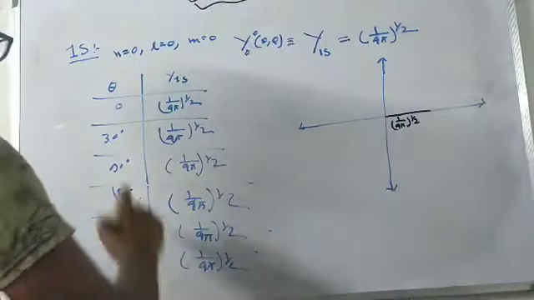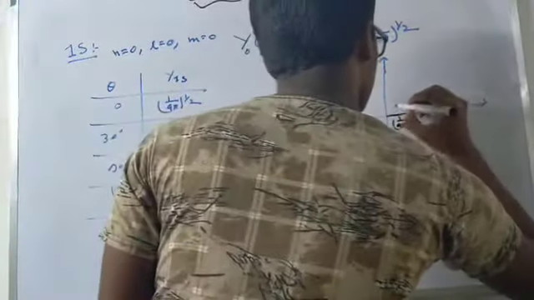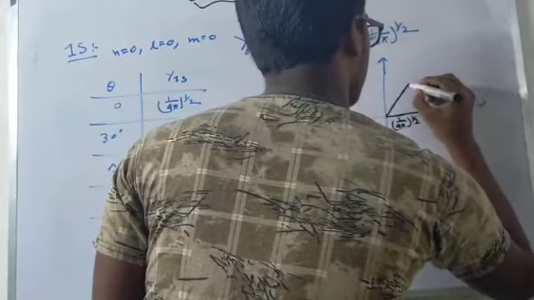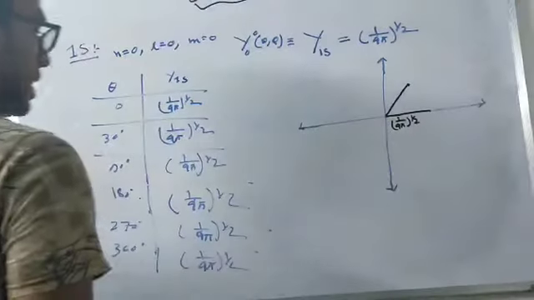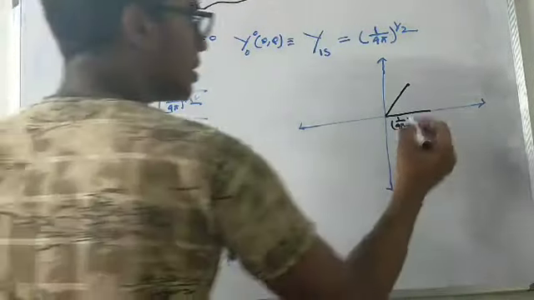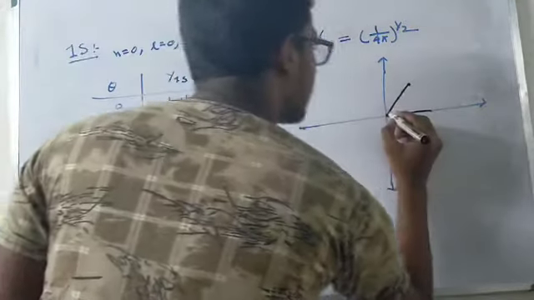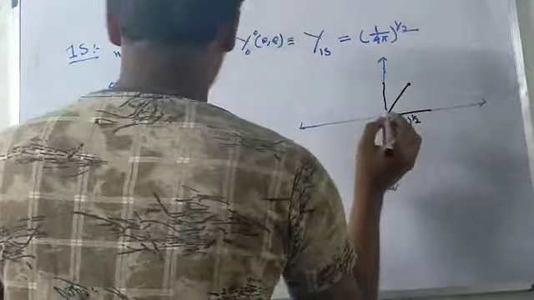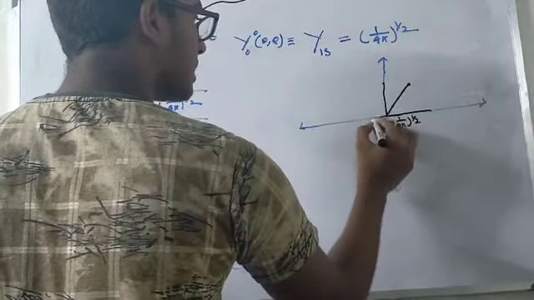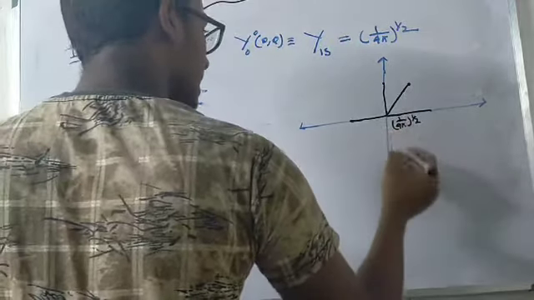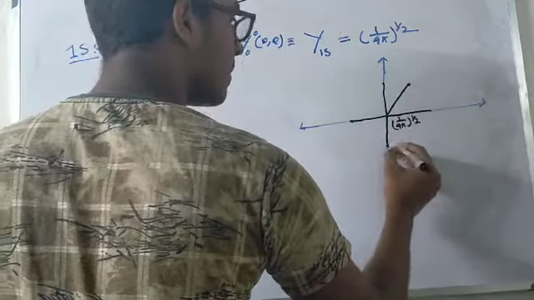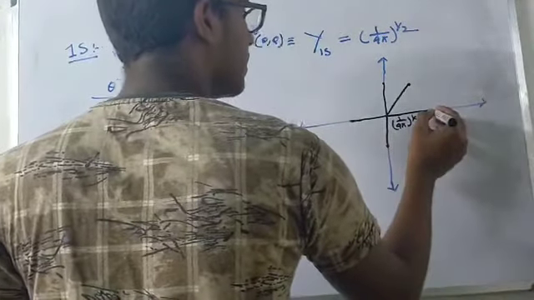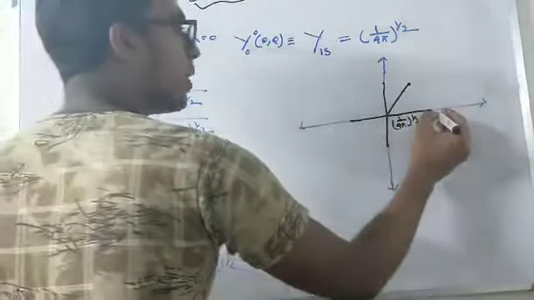Now at the 30 degree angle the value is the same, 1 by 4 pi to the power half. At the 90 degree angle the value is the same. At 180 degrees the value is the same, at 270 degrees the value is the same, and at 360 degrees again the value is the same. So if I just join all the points,